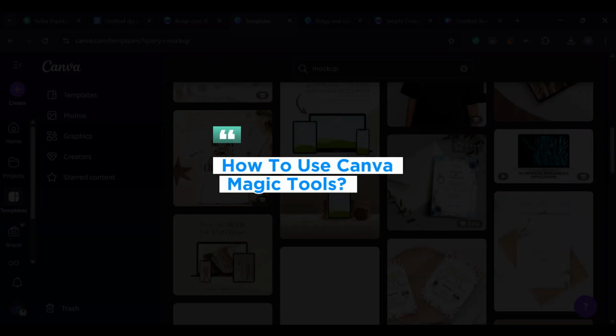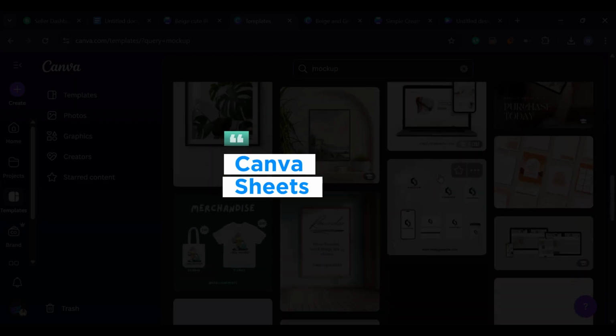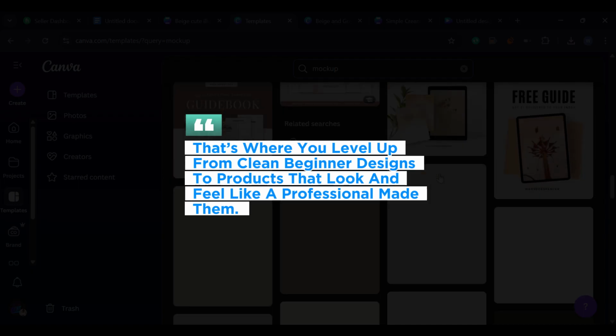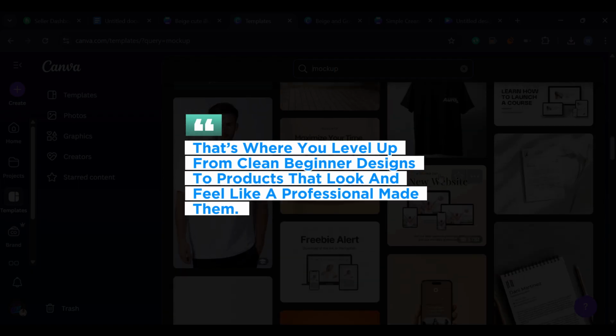In Part 2, we're going into advanced tools. I'll show you how to use Canva's magic tools, bulk create, Canva sheets, and interactive elements that make your designs stand out. That's where you level up from clean beginner designs to products that look and feel like a